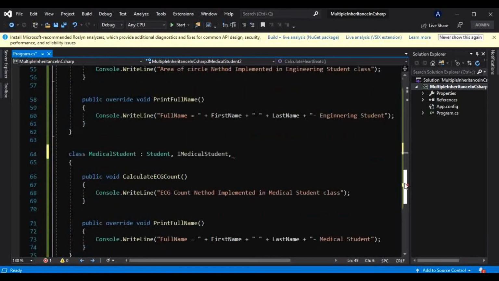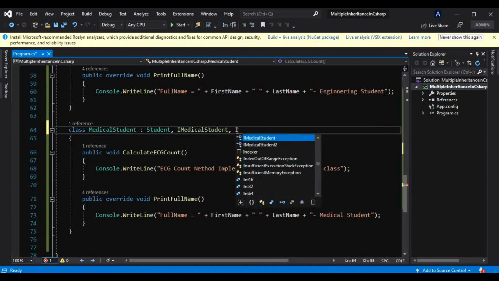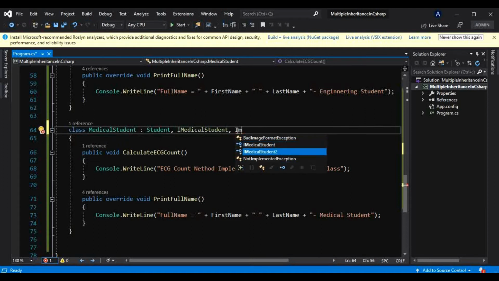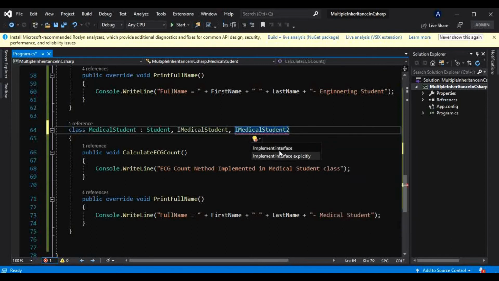Now I can make this medical student class inherit from another interface as well, iMedicalStudent2, and implement that interface.